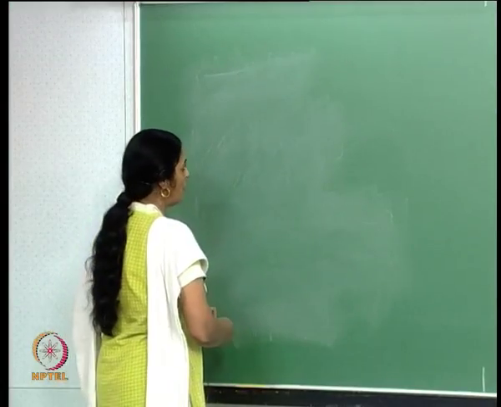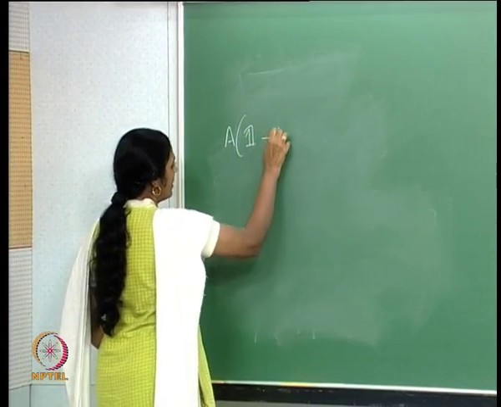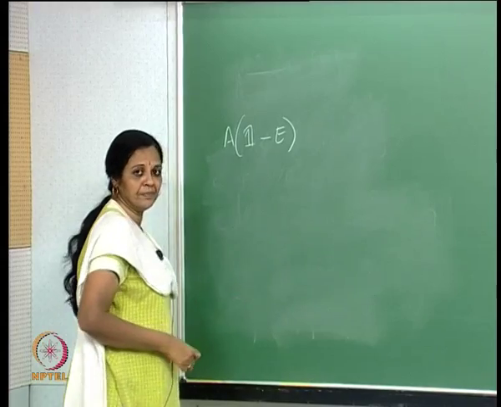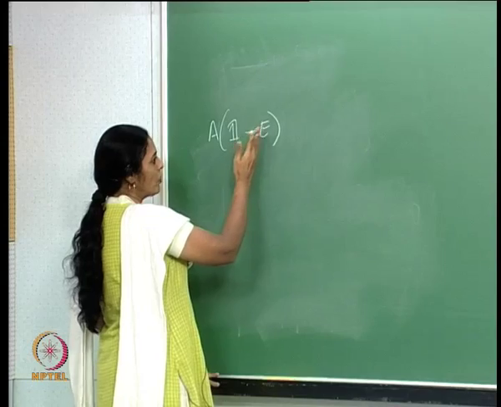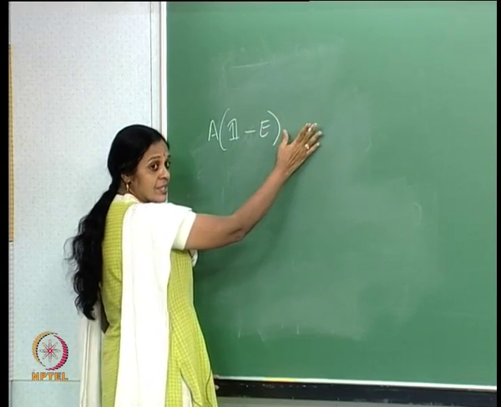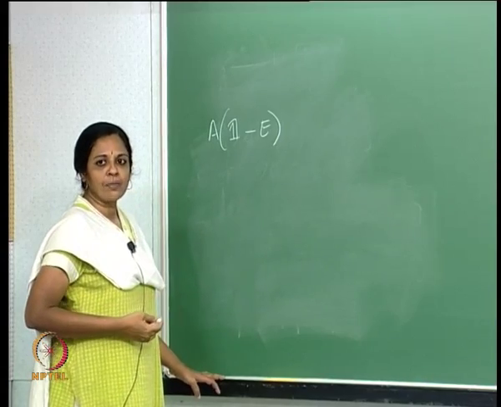Now consider the operator A times identity minus E. Since identity minus E is the projection operator which acts on any state in the linear vector space and projects it onto the subspace M bar,